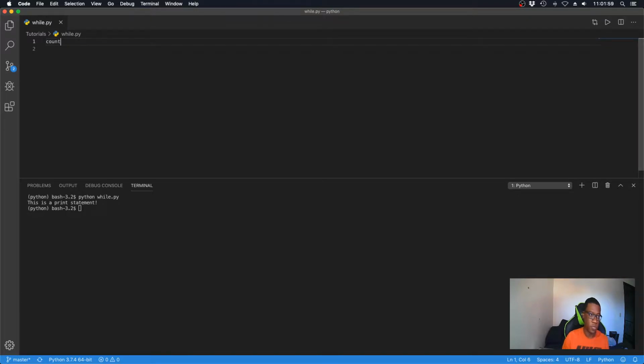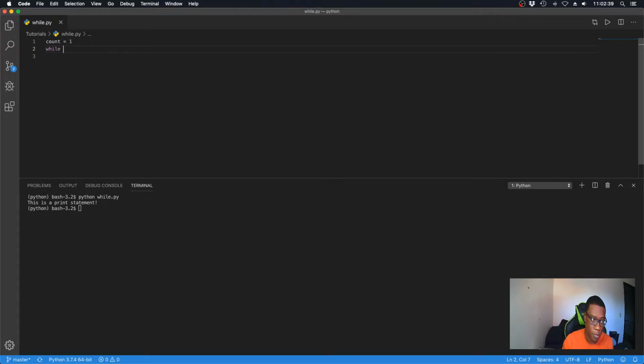So in this case, we'll just do something small and we'll use it to count. Right now, we're going to create a variable called count, and it's going to equal 1. And now we're getting ready to start on the syntax of the while. If you don't know what syntax means, it's basically the structure of how you create a certain line of code in programming. To do a while loop, you need to type out the word while, and then you need to give it a condition for it to keep looping until that condition is met or broken,